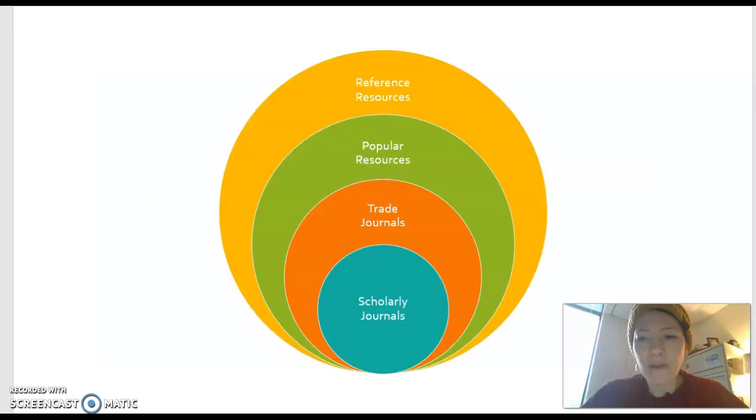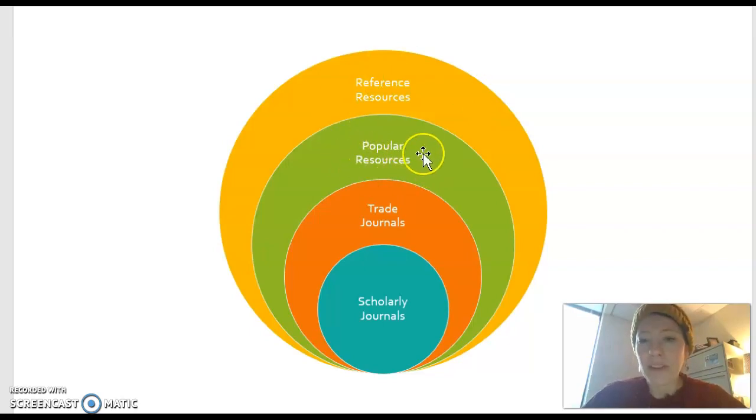So, for instance, one helpful way to think about sources overall is the way in which they sort of approach information. So reference resources, here this outer ring, are really created for the broadest audience. Things like Wikipedia or Encyclopedia Britannica are meant to be written for anyone. You don't have to know anything about the topic. I could just go there and find some information about it. But because they cast such a wide net in terms of the audience, they also tend to be very shallow in terms of the amount of information they actually give you about your topic, how deeply they dig into your topic.